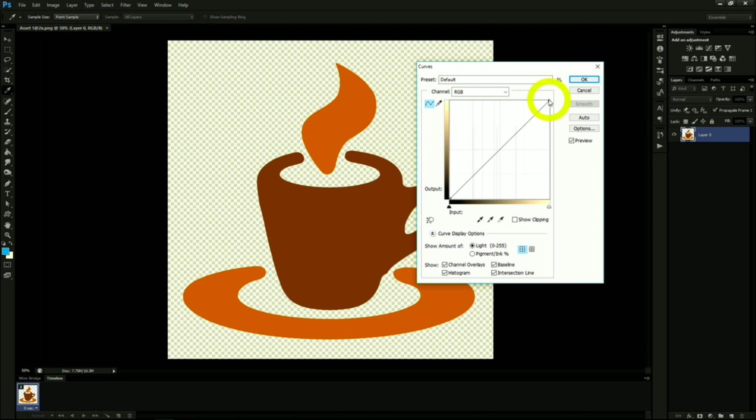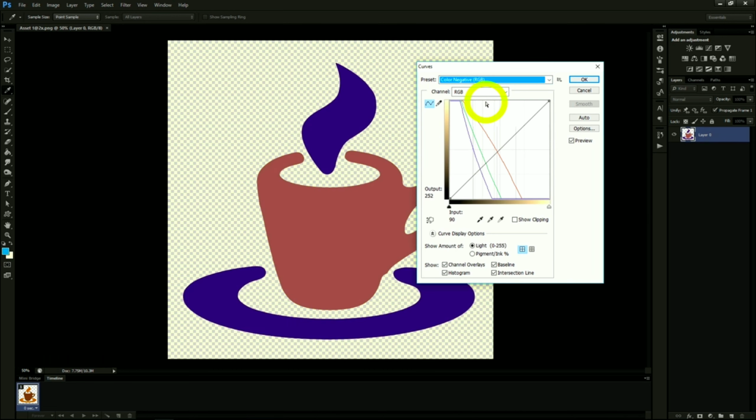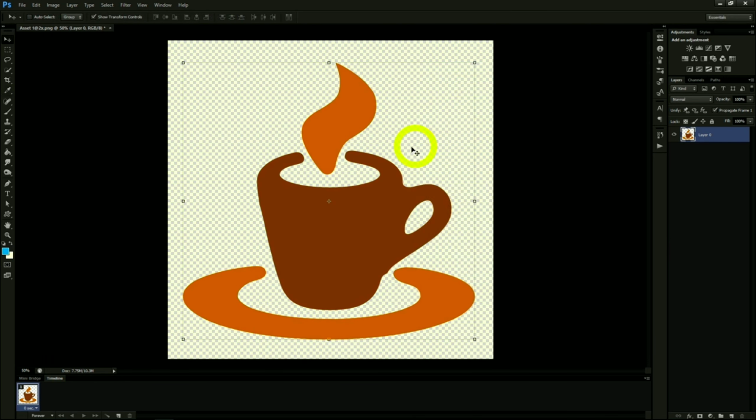If you want to apply a quick preset which will set the settings for you, you can click the drop-down and change from the default to other settings in the list. Setting the color preset to color negative changes some things here, which we'll explain. As you can see, the individual values on the chart have changed. The original black line is still the same, but each individual color has changed. This is a permanent way to change the values of the image,